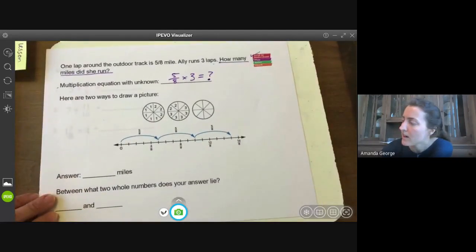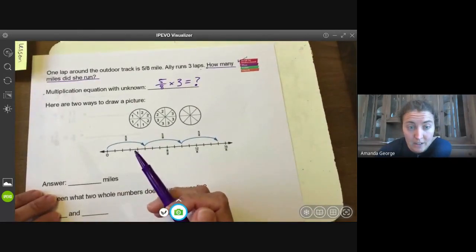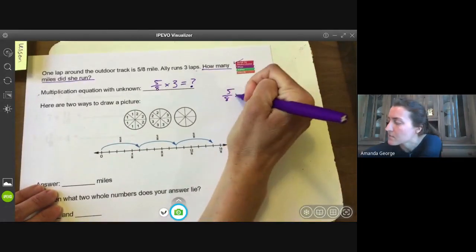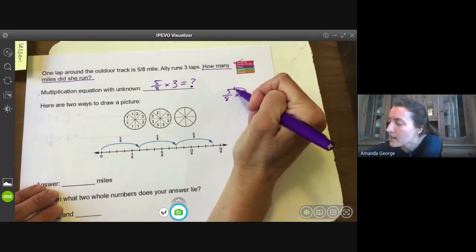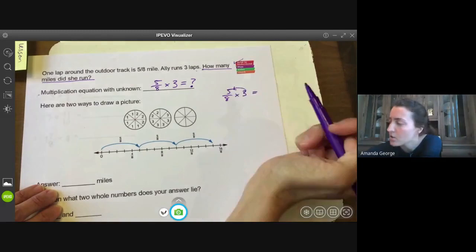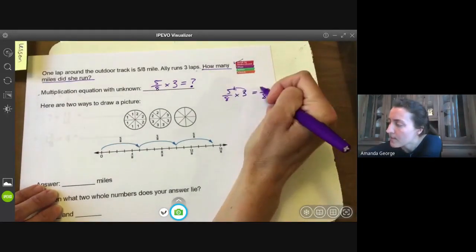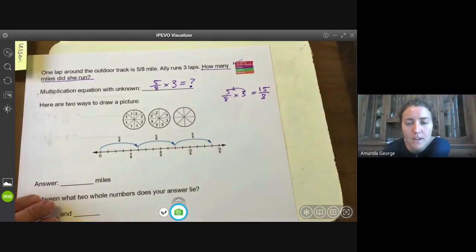So here are two ways you could show that. If we drew a number line, well, first, maybe we'll just do Lila's shortcut way first, just so we have an idea in our head, right? So Lila said, if I have 5/8 times 3, I know I'm really just multiplying the whole number times the numerator and then dividing by the denominator. So 3 times 5 is 15. And 15, oh, hi, Isabella, welcome. We're going to have you watch the rest of the recording later, okay? But you can join in now to understand. So